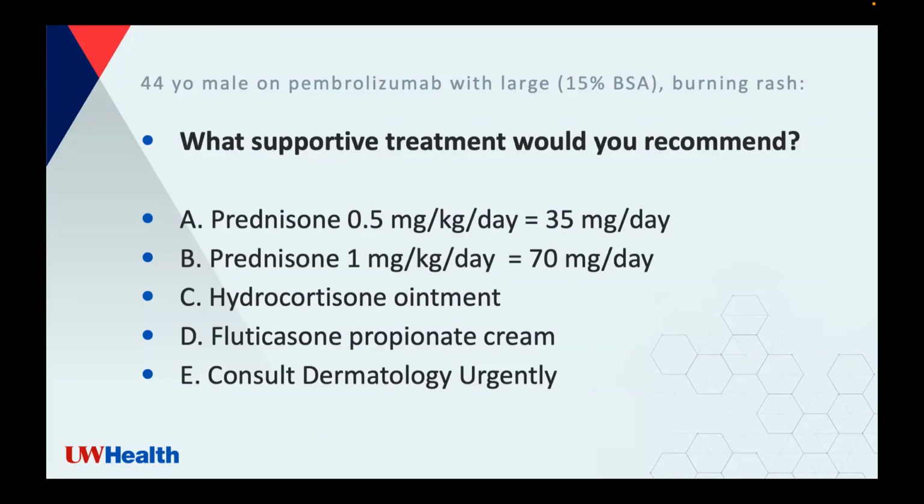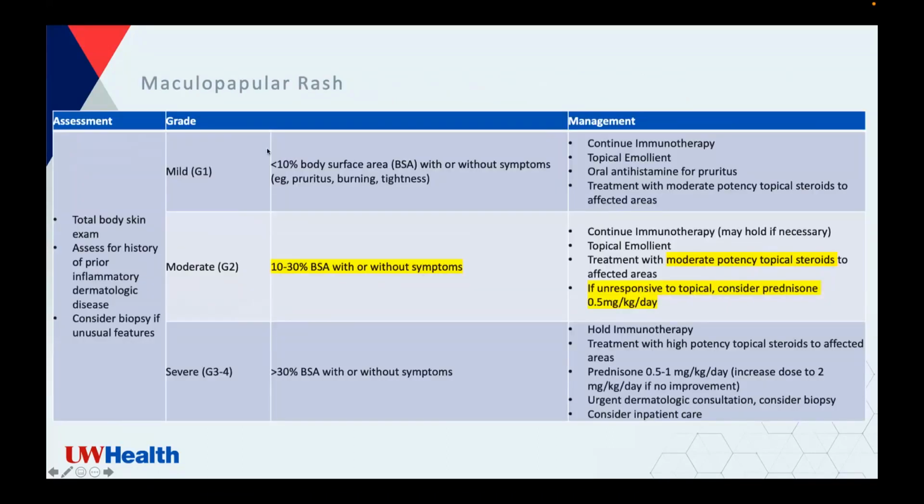So I see a couple C's, and that's not necessarily wrong, but Nikki has it right. It is D, the fluticasone propionate cream. So this is the moderately potent topical steroid. And if we look back at the grading system here, with the 15% BSA, treatment has already surpassed the initial low potency topical steroids. We're getting into the moderate potency topical steroids, and then later getting into the prednisone if unresponsive, which foreshadows our